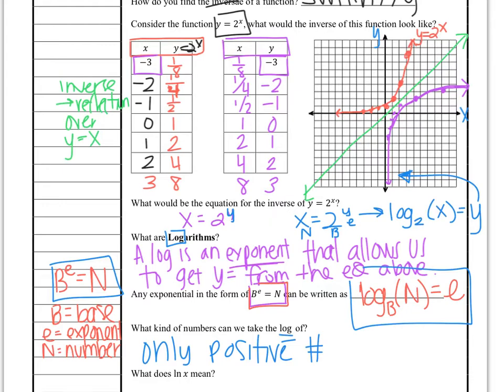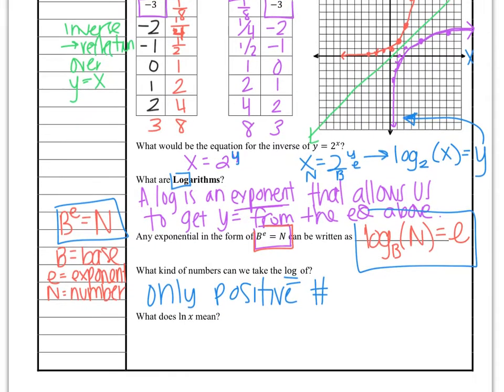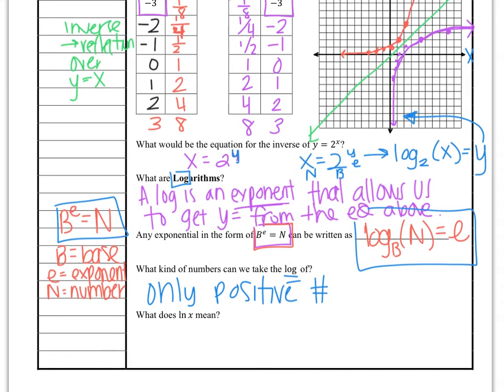And we have a special sort of log, and it's called a natural log. So I'm going to write ln equals natural log. And a natural log has base e. e is just a number. If you type in e on your calculator, you know how you have like x to some number? Well, you can type in e to some number. And if you just type in e, that gives you